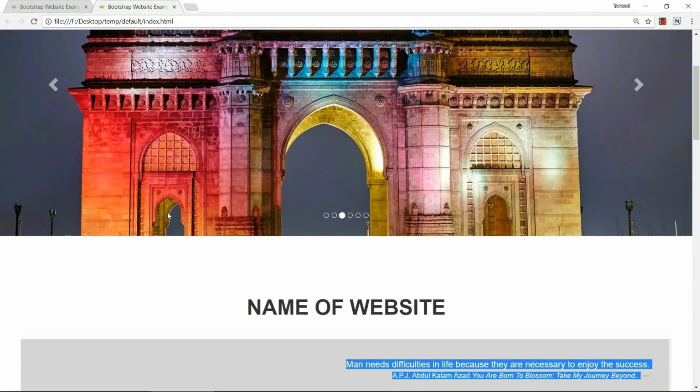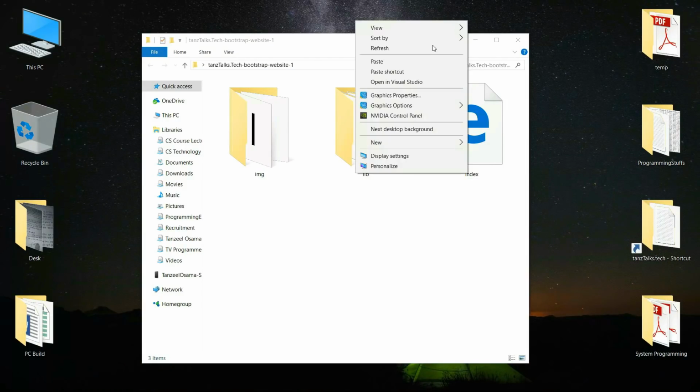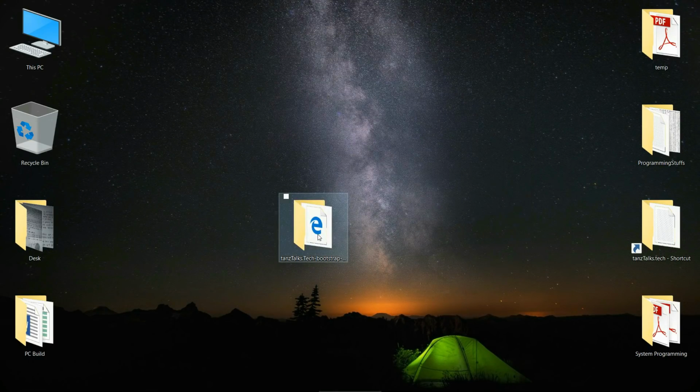That's the entire website. Now to get you started, I have prepared some starter files that you can just download from the description below, extract the files and open it. On opening it will look something like this.